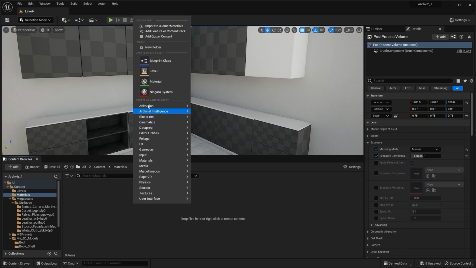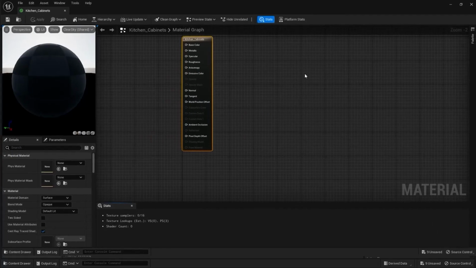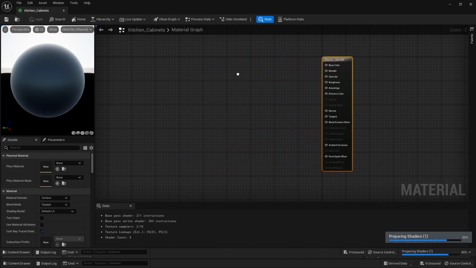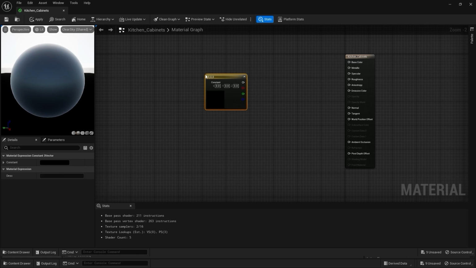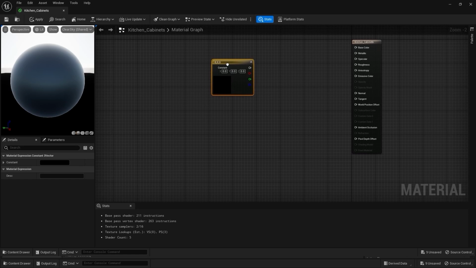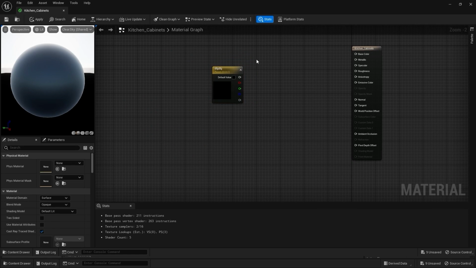Let's create a new material. I'll rename this as kitchen underscore cabinets. Okay, let's open this material and it will open my material editor. Now to add the base color node, I can press 3 on my keyboard and I'll click my left mouse button. But it is a very lengthy procedure because I always have to convert this to parameter and rename every parameter again and again. What we can also do is,